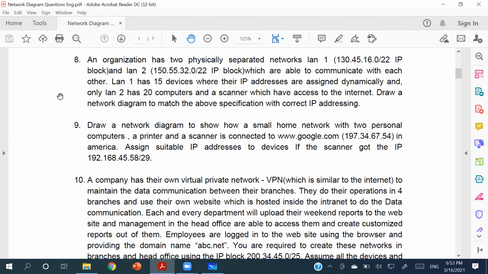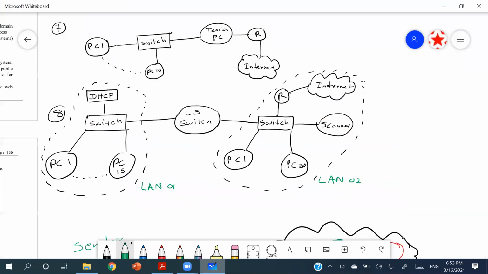Right? So I'll do one for you, then you may follow the rest, right? So this is going to be 150.55.32.0/22, and the other one is 130.45.16.0/22. Yeah, so this is the way that you are going to do this. They are asking us to have the IP addresses for each and everything, right? So